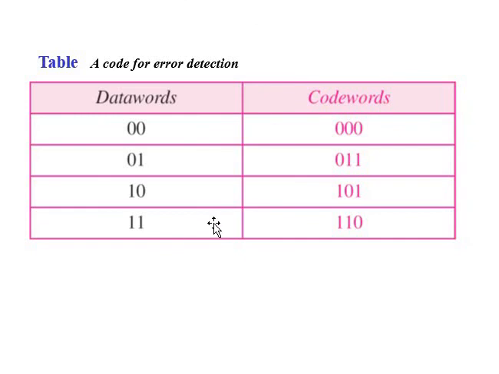Now this table gives the data words and code words. For 00, the code word is 000; for 01, it is 011, along with this one. Now one logic is there: it will count the number of ones, or you can go for an XOR operation also. The number of ones is even, so 0 is even, and if the number of ones is even, the parity bit, or redundant bit, is 0. So it is 11, 10. Here only one 1 is there, so it is 10. Keep the data word as it is, and attach the parity bit to it, which will form the code words. It's very simple.